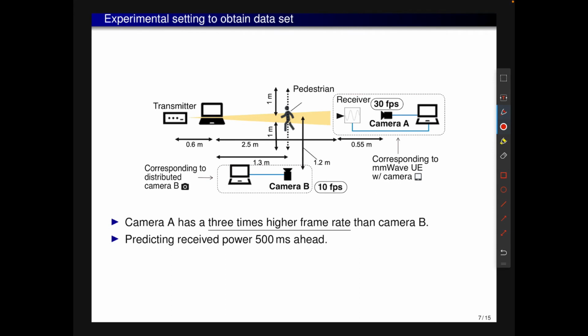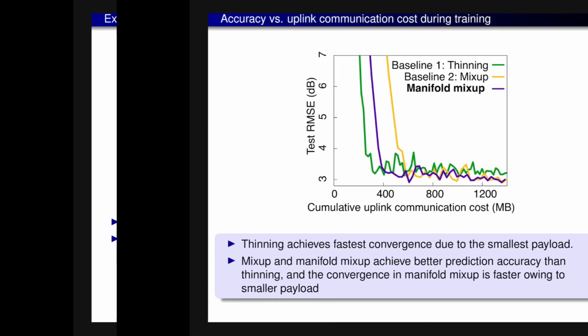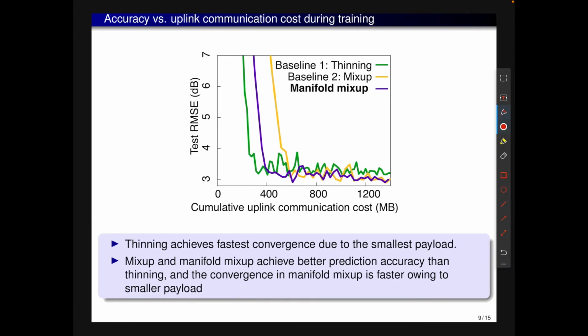Here, this is an experimental setting. We deploy two cameras, camera A and camera B, that have different fields of view, and we predict received power 500 milliseconds ahead. Here is the result of accuracy and uplink cumulative communication costs, and you can find out